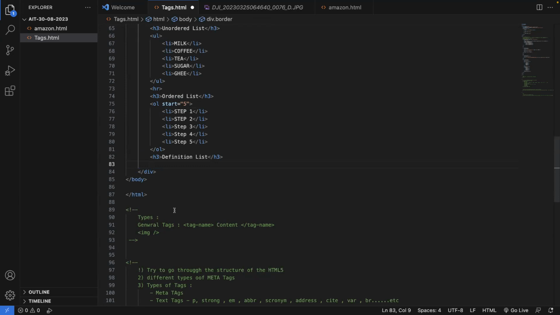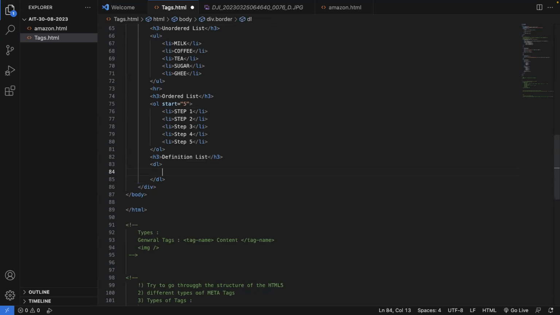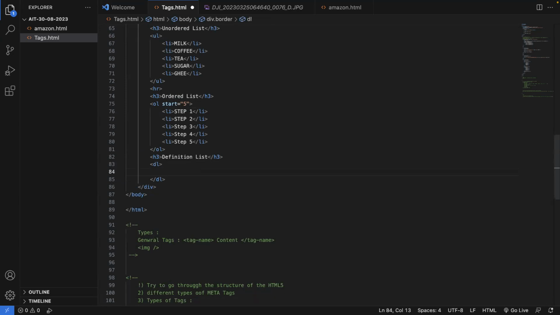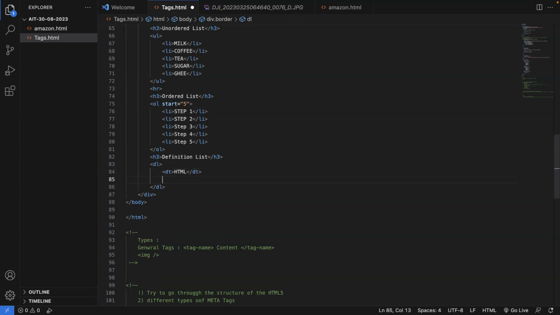First, the parent will be DL. Same way as we have UL and OL, we have DL, the descriptive or definition list. Then we'll have the child DT, descriptive title. Let me give HTML. Now let me give descriptive data to the particular title, DD. I'll give hypertext markup